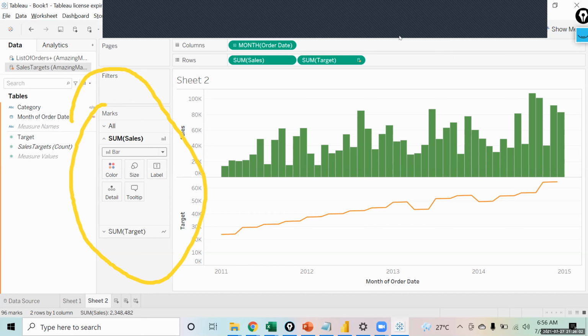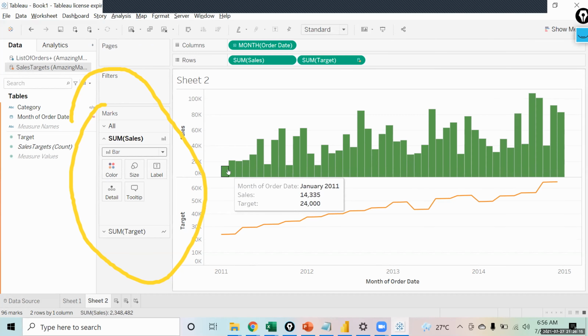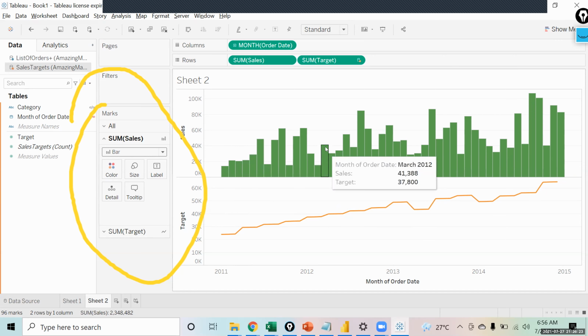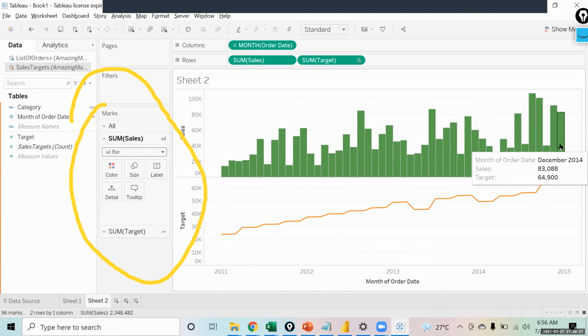There is no sort option for the bar chart in order to make it descending or ascending, because you should not be sorting on this, because this is a time sequence. So on the time sequence, if you will do the sorting, that chart you will not be able to interpret, right? Because it's a time-based chart that we have over here right now. So it is going from Jan 2011 up till December 2014.